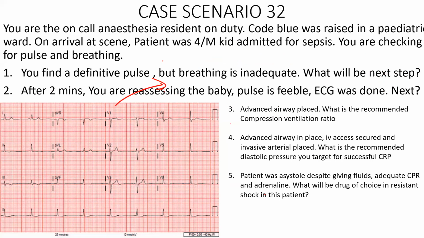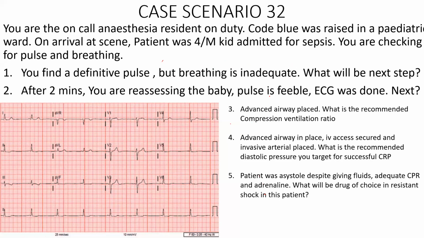Fluid, CPR. Sir, IV fluid resuscitation? Now, you have to start CPR. Chest compressions. Why? The pulse is present but feeble. The heart rate is less than 60. Good, very important point. When the heart rate is less than 60 in pediatric patients, even though the pulse is present or you're not conclusive about the pulse, start chest compression. Most important thing, only to stress that point, I put this question. Heart rate less than 60 as per ACLS guidelines, irrespective of the pulse, start CPR.